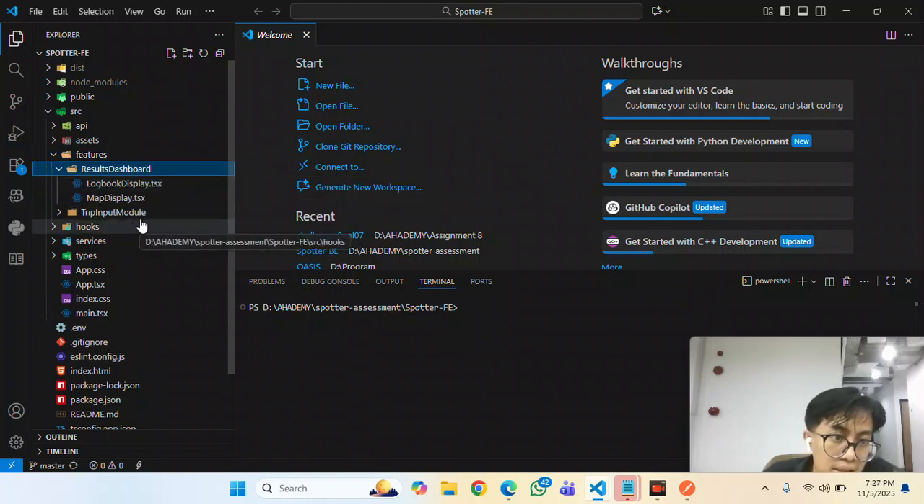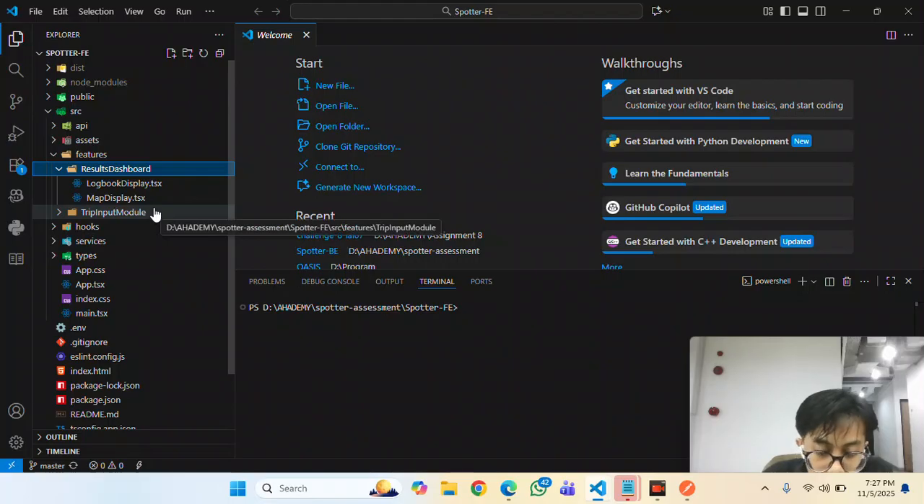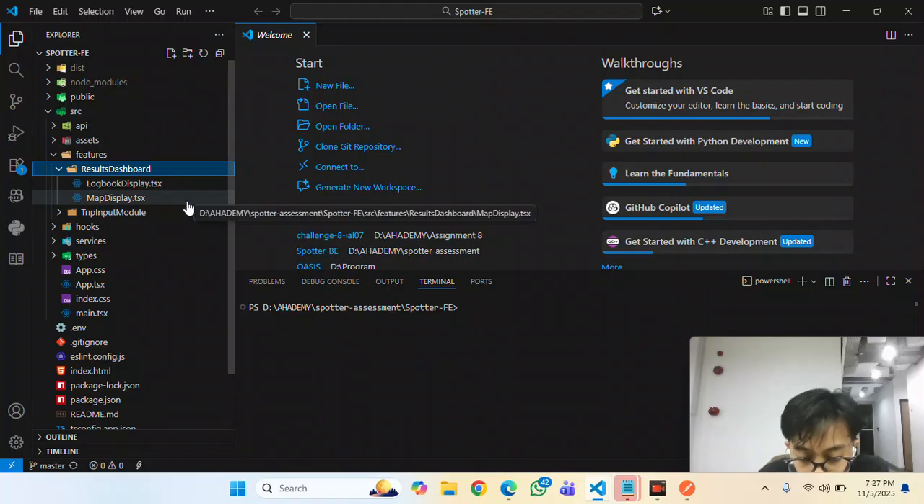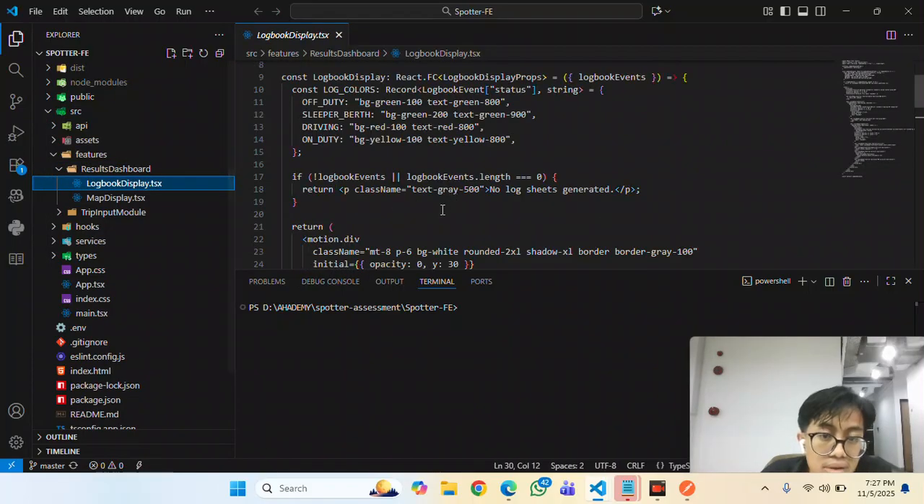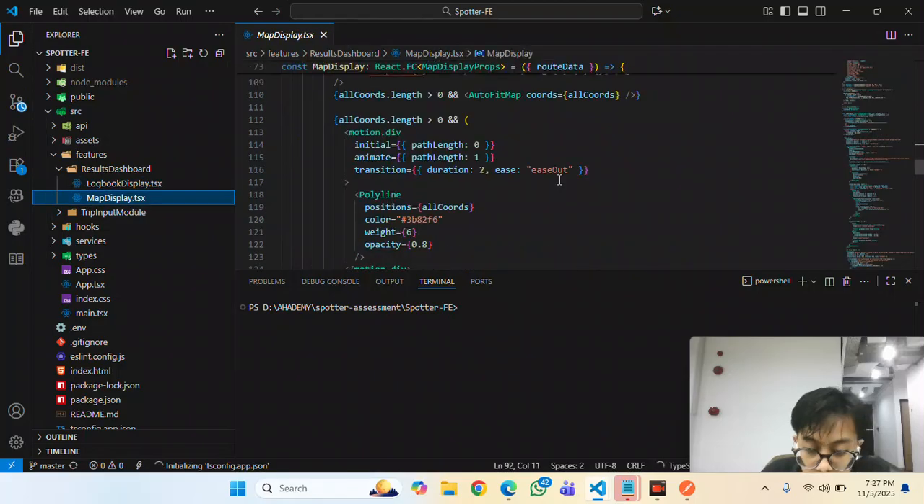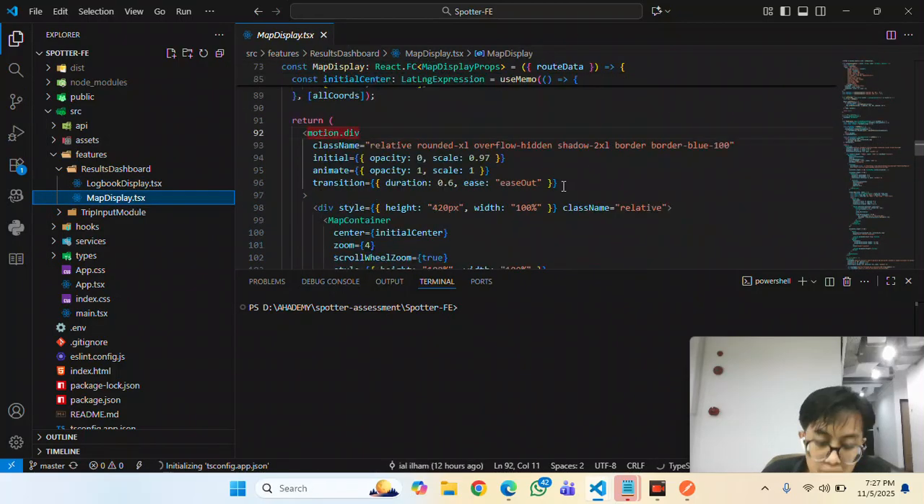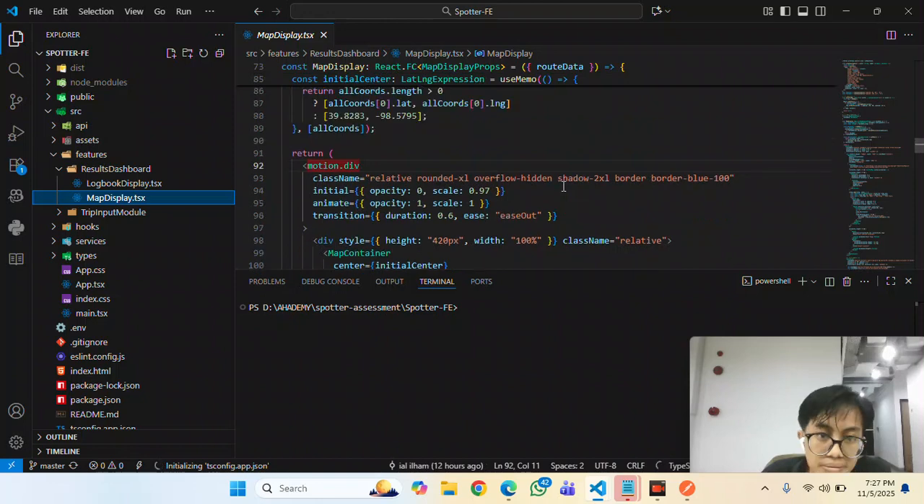For the directory result dashboard, it handles all post-calculation visualization. This includes the log display component, which renders the daily hour of service schedule, and the map display, which visualizes the route geometry and trip summary. And for the directory trip input module,